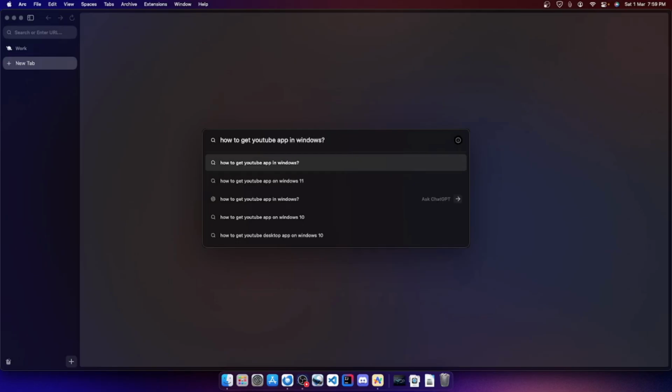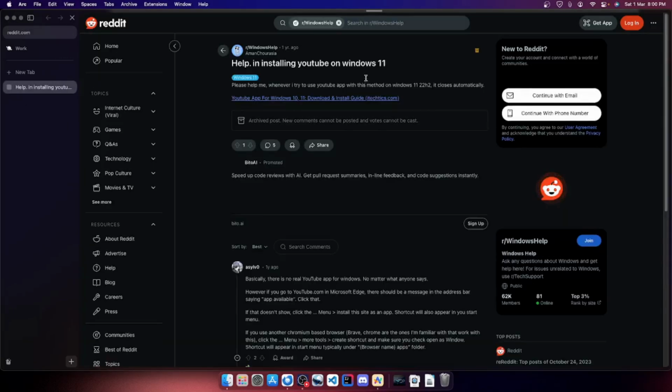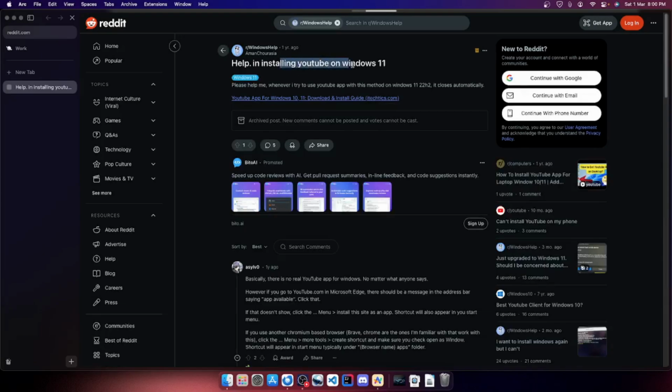And then Reddit. So what you could do is click Shift and Enter. There's a Shift button on the left of your keyboard. You click that and then you press Enter. It will search the web for us on its own. If you see here, it's saying searching the web for you, and then it will just search it and show installing YouTube on Windows 11.